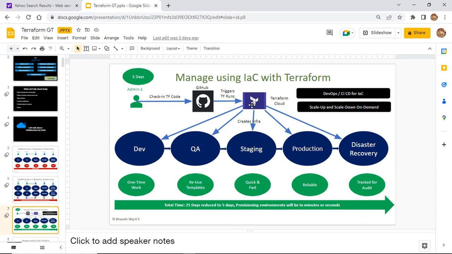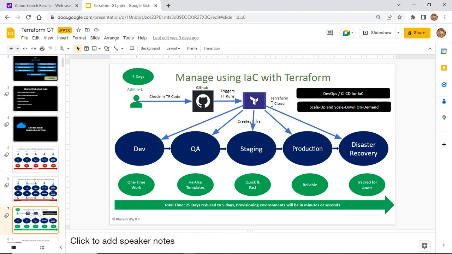The advantage here is you'll be writing the code only once. You'll be reusing the same code across all the environments, again and again. Another advantage Terraform offers is that after creating the resources in each environment, each environment can be managed separately by Terraform Cloud.